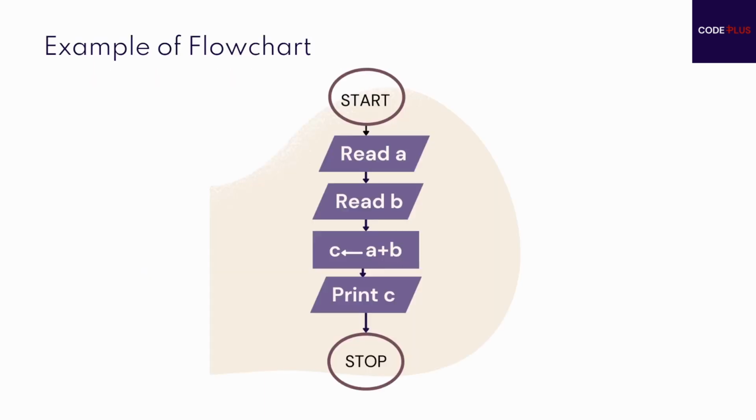Now let's do some flowcharting. Here we add two values and print the answer on the screen. So for that we are going to need an oval for indicating the starting point. Now we read two data from the user and store them into two variables using a parallelogram. Then we add two values and store the result into another variable within a rectangle. After that we simply print the result. Now it's time to terminate the flowchart using an oval.